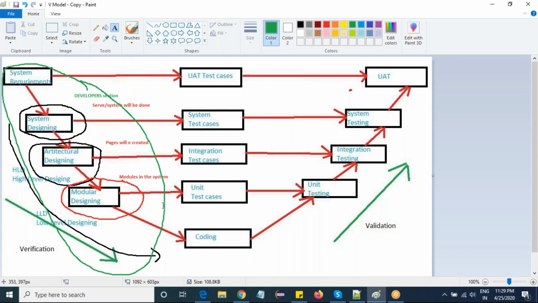The second one is the QA section. Whenever you go for system requirements, when you try to understand the system requirements, from the QA team to the developer phase,